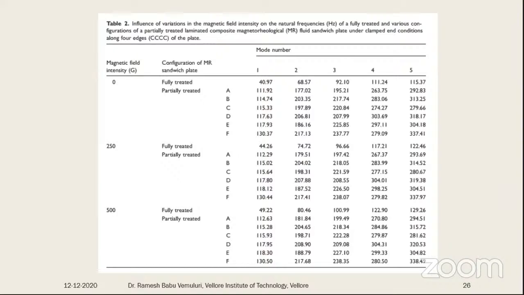For this formulation, we took different sizes. Normally 300 by 300 size plates are considered here, with three different magnetic fields and five modes. And for various cases, this is the fully treated, and this is the partially treated. The partially treated means